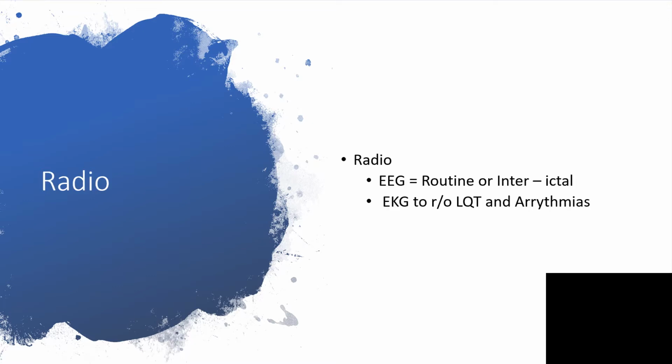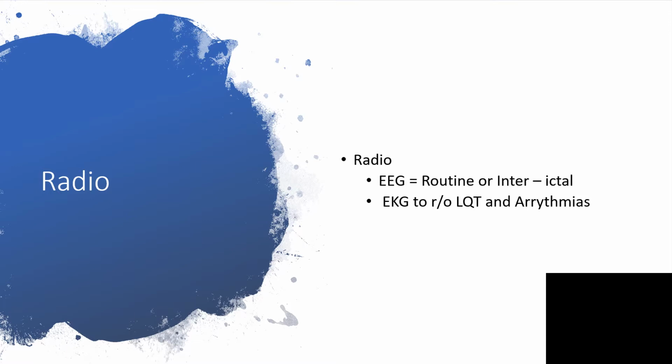If you're not pleased with that, we'll go ahead with the radiological investigations. EEG is routinely done on anybody we suspect to be having seizure disorder, not somebody just coming for the first time with convulsion or just one febrile convulsion. But we'll do EEG to cone down on the real diagnosis, or while the person is having seizure, if the person is on admission, we'll hook up the EEG machine while the